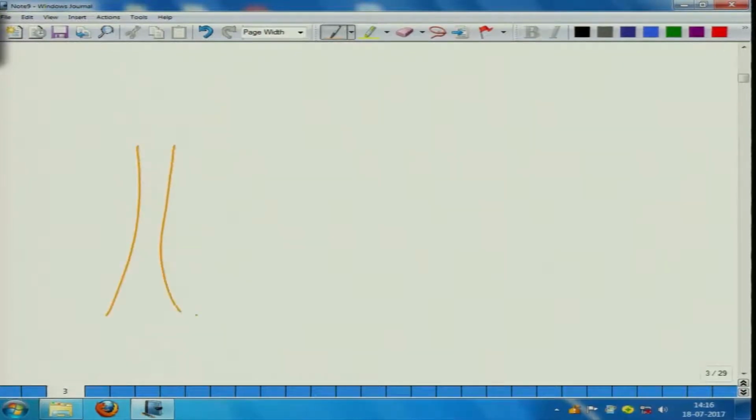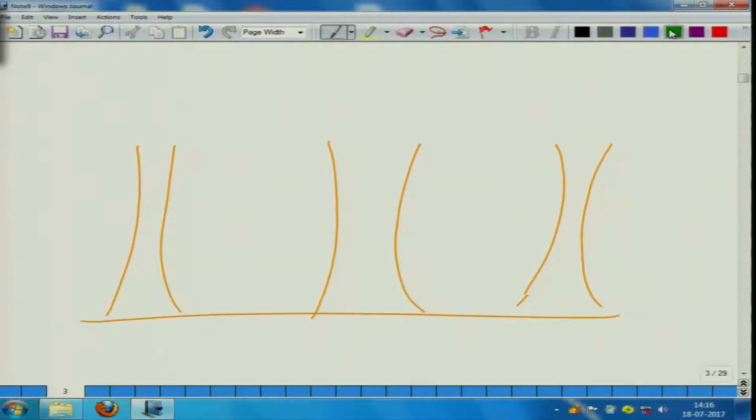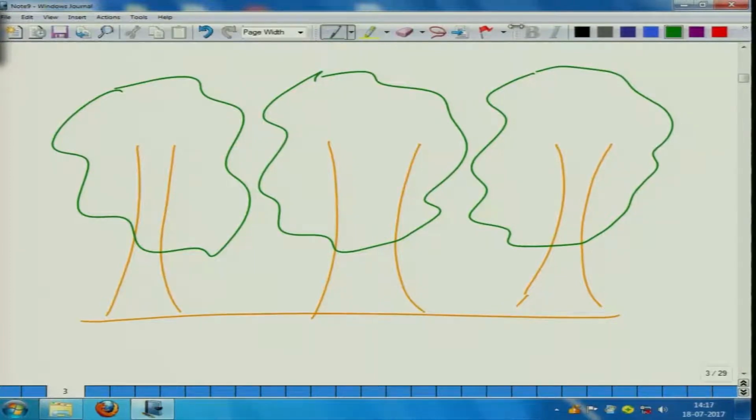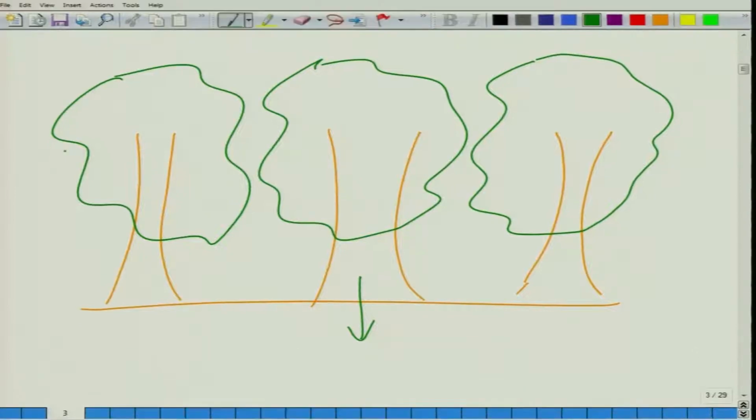We will be having some small diameter trees, some large diameter trees, maybe some medium diameter trees, and in the case of your fixed area sample plots, you measure all the trees that are inside your sample plot. However, when we are considering point sampling, the trees which have a larger diameter